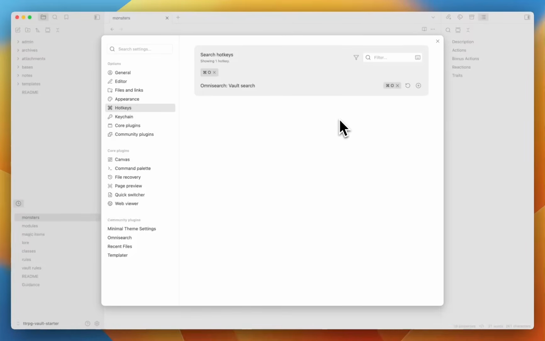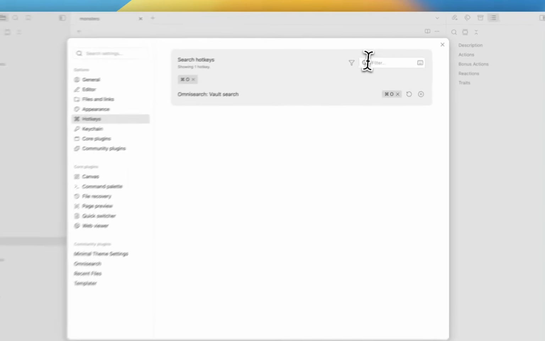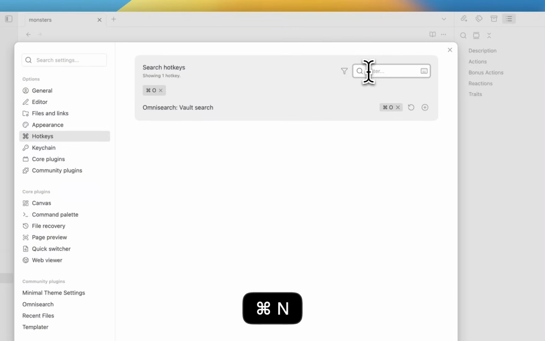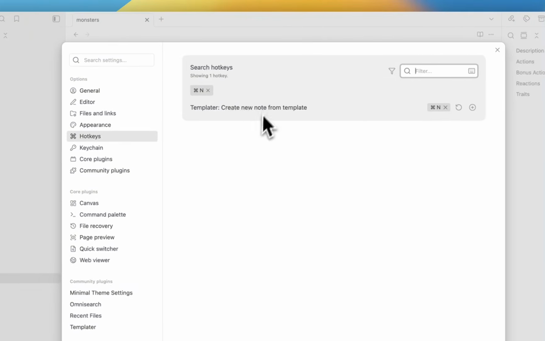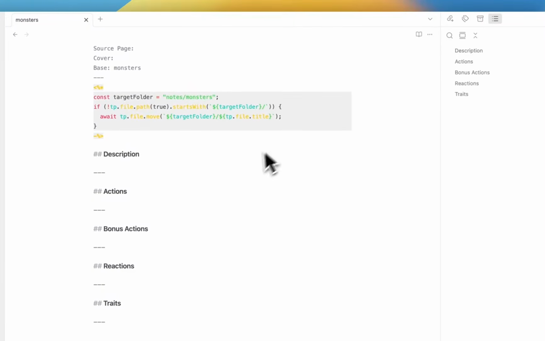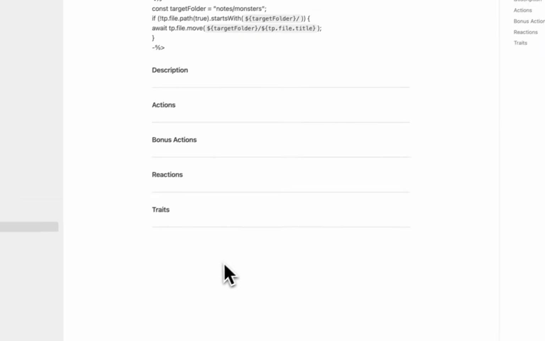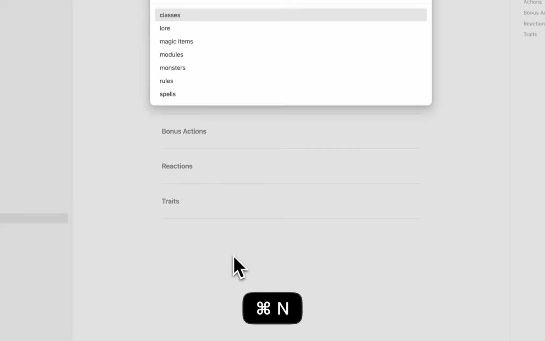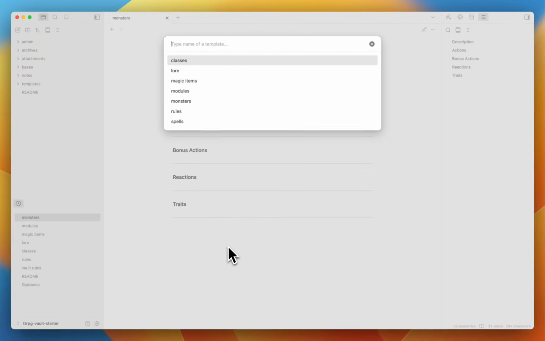Usually it's not the one. It's Command N. So by default it created new notes, but now I've mapped this setting to create a new note from template, and I'll show you now what it does. So when I press Command N, it now prompts me from which template I want to create a note,